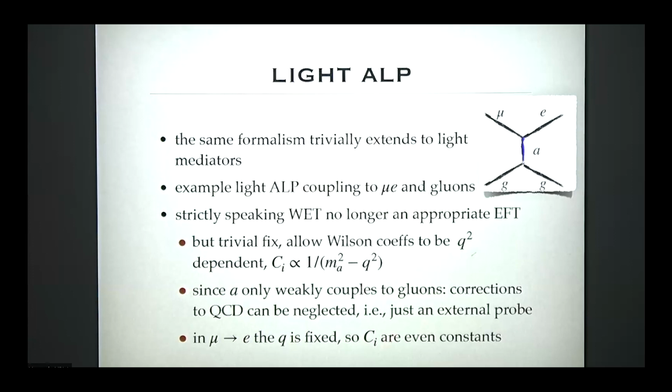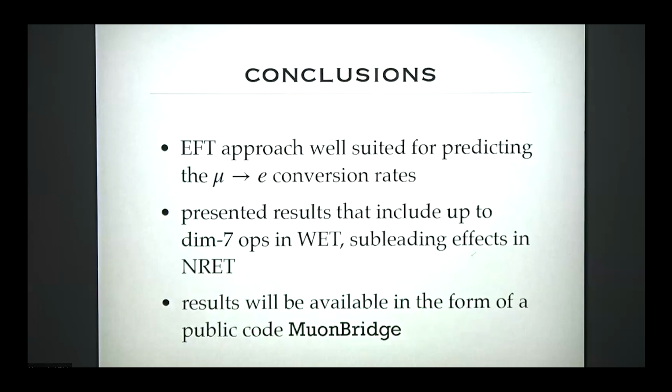So all you need to do is now promote these Wilson coefficients to be Q² dependent, and all the rest goes through. So you can just use the code. All the calculations go through unchanged because you don't change QCD. Even better, this Q² is really just a constant in this. It's just one number. So these really are just coefficients. So the mu to E prediction doesn't care that there's really light physics happening. So there's nothing in the calculation that will change. All right. That was the last physics comment.